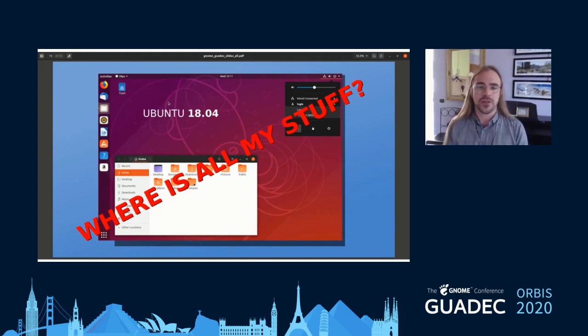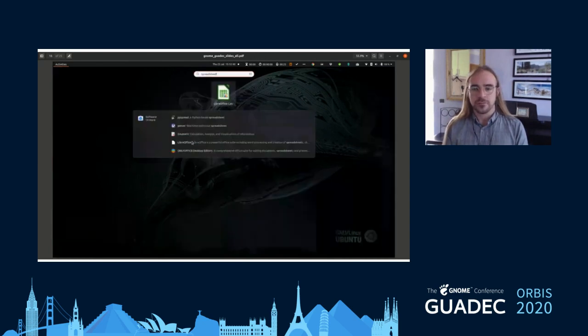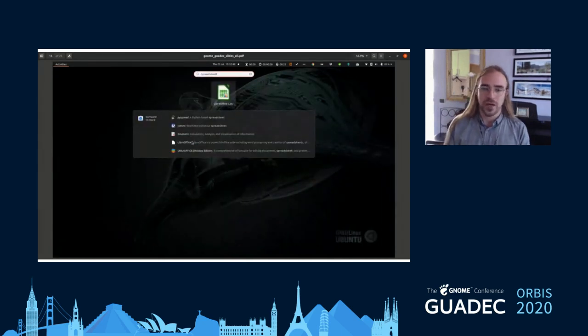I started to appreciate the extra screen real estate, and once I figured out how you could get anything at all just by hitting the super key, I wondered why I ever spent any time looking through program categories or trying to dock things to other things to keep hold of my most used applications. Hit the super key and type vaguely what you want, and it served up instantly. That's just awesome.